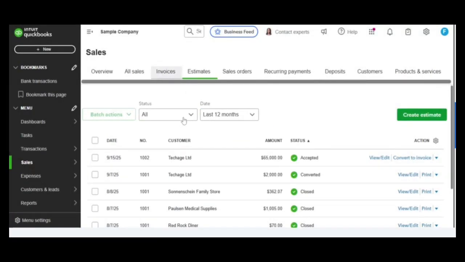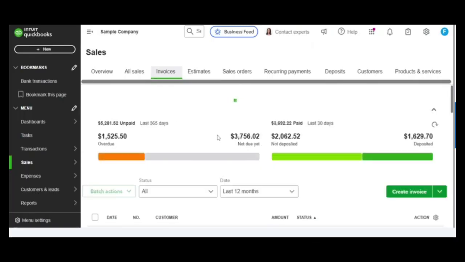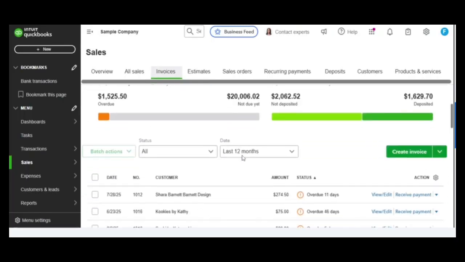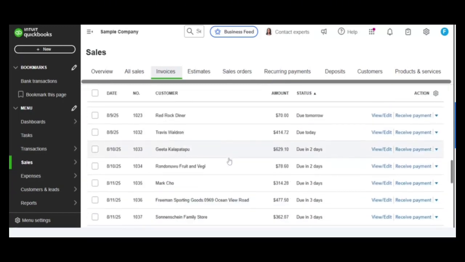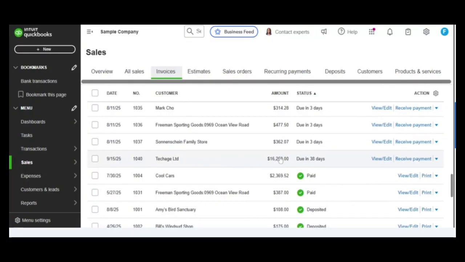When you come to the invoice section, it will appear as stated. So let's say for our Tech Age Limited, we have it here, 16,250 due in 38 days. You can receive payments on that. So that is progress invoicing, and then the normal invoicing, the 100% invoicing. Now, the next thing I would love to talk about, the last but one thing I would love to talk about for today's session,